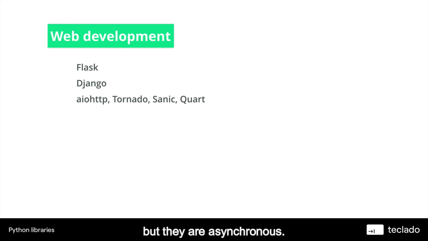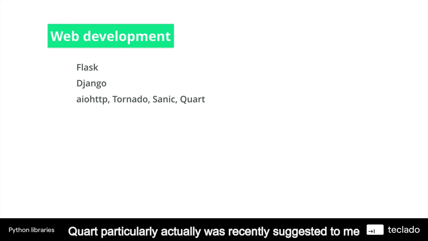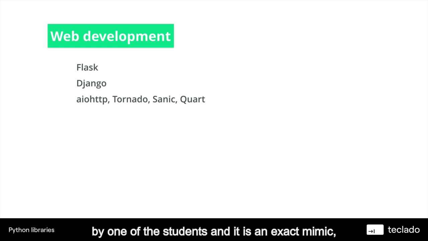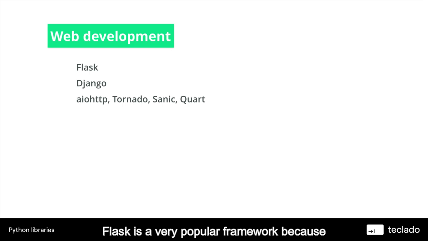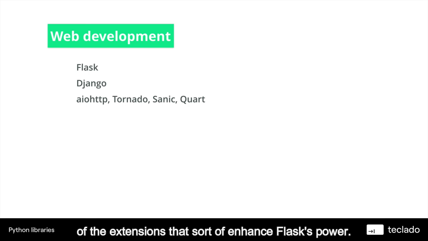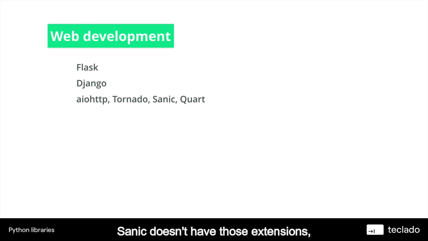but they are asynchronous. Quart particularly was recently suggested to me by one of the students, and it is an exact mimic or copy of Flask, but made asynchronous, and as such it works with a lot of the Flask extensions. Flask is a very popular framework because of the extensions that enhance Flask's power. Sanic doesn't have those extensions, and as such is a bit more limited in that